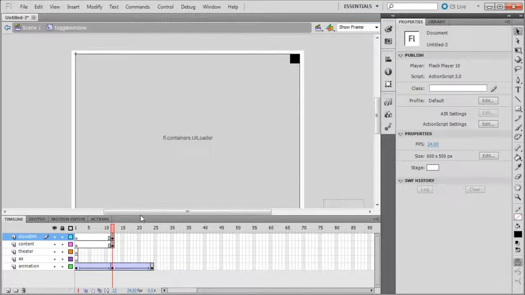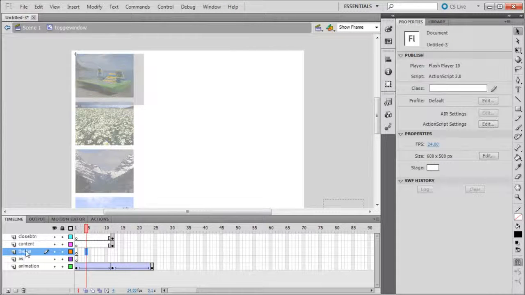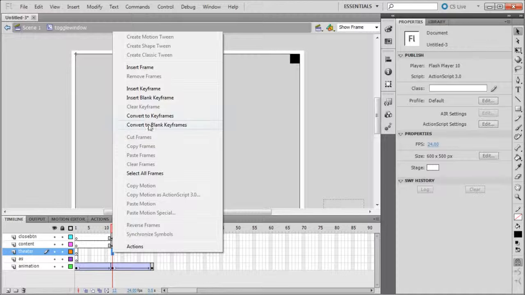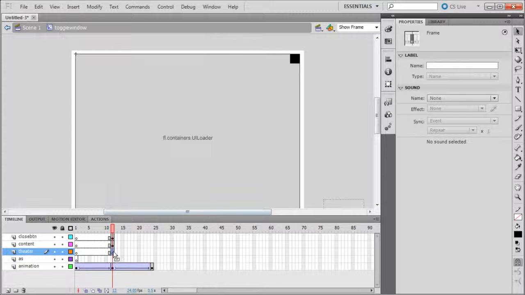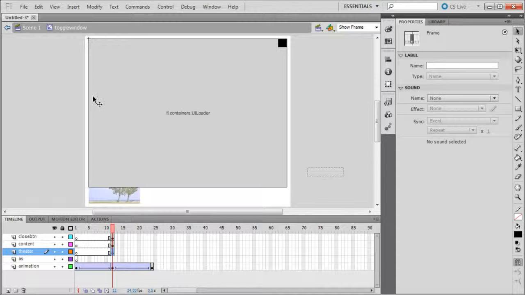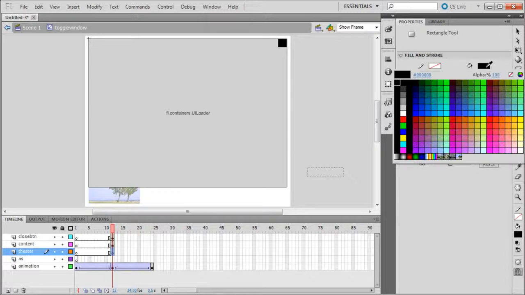So I'm just going to put this out on frame 12 as well. We're going to go out to frame 12 on our theater layer and go to insert keyframe. We're going to make sure it's on show frame two, so that it'll actually zoom out here. And now we're going to grab our rectangle tool, and this time we want